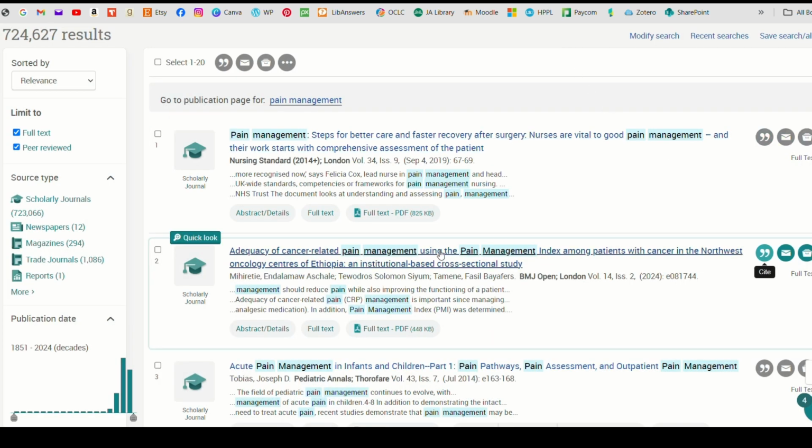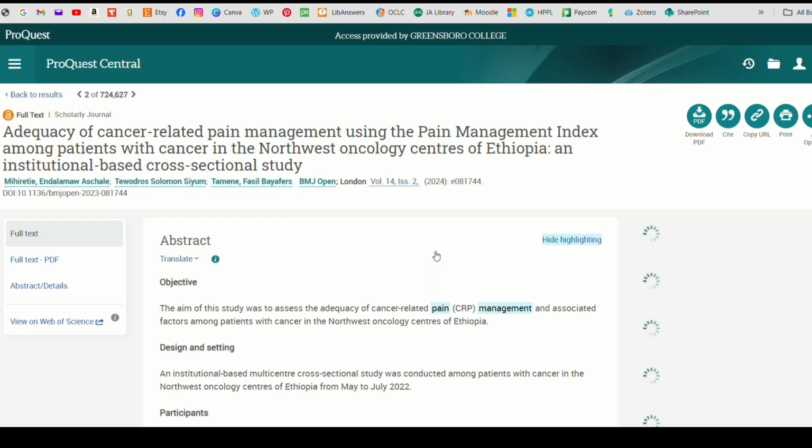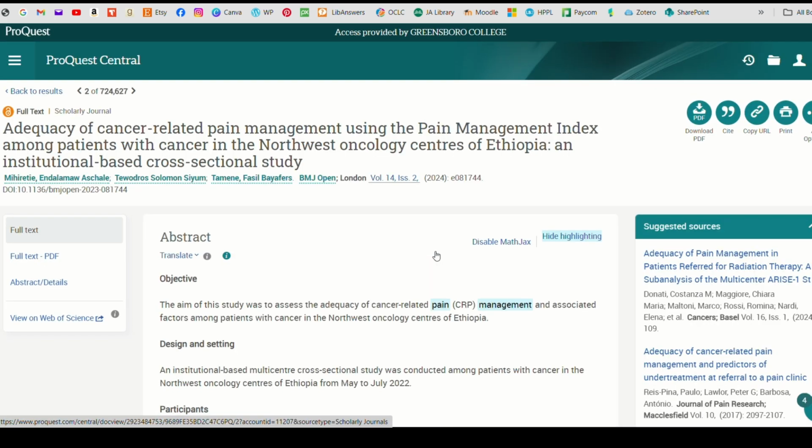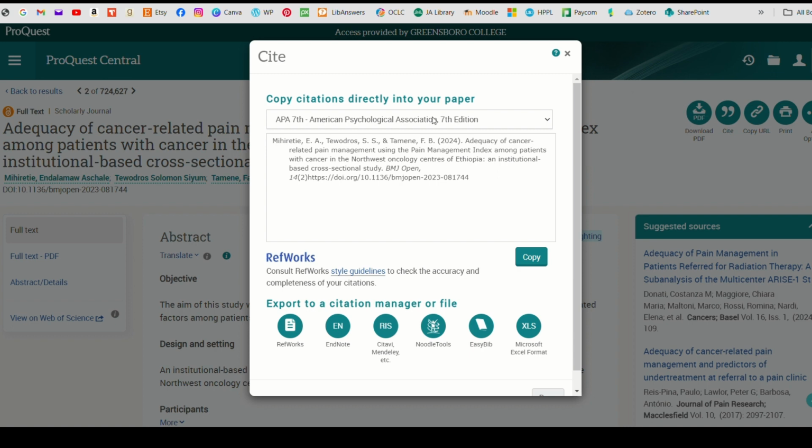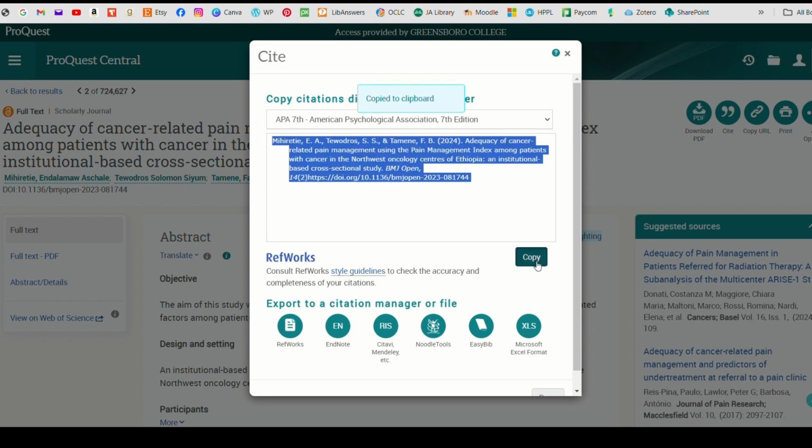The other way you can do it in ProQuest is to open the paper and then just click the cite here and do the same thing. Just make sure it's on the correct citation style, and